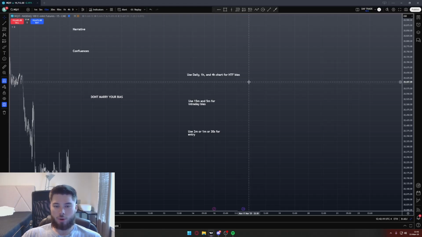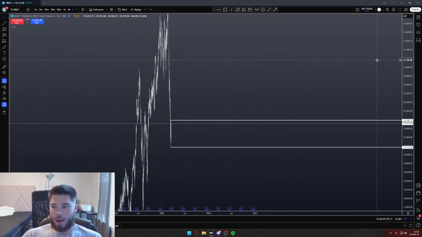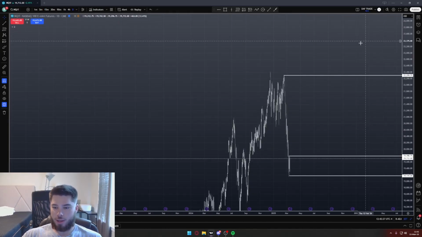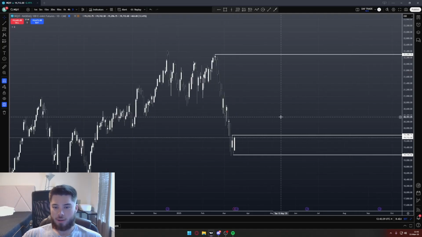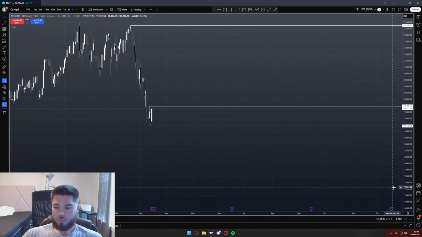So daily, okay, cool. It looks like a reach in here, whatever. 1 hour, 4 hour. But mind you, on the daily, it doesn't really matter so much about these big moves. It would take like a really bullish week to take this high. So you're not really thinking about this high. Just have it mapped out. You're thinking more